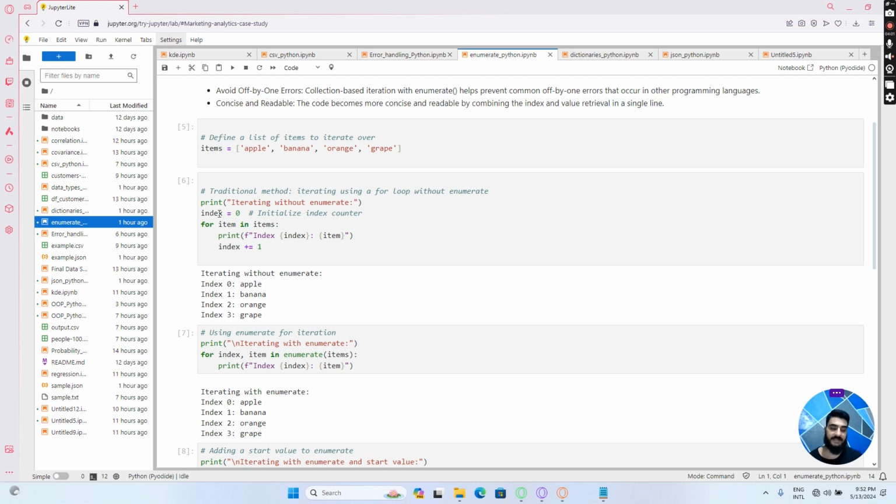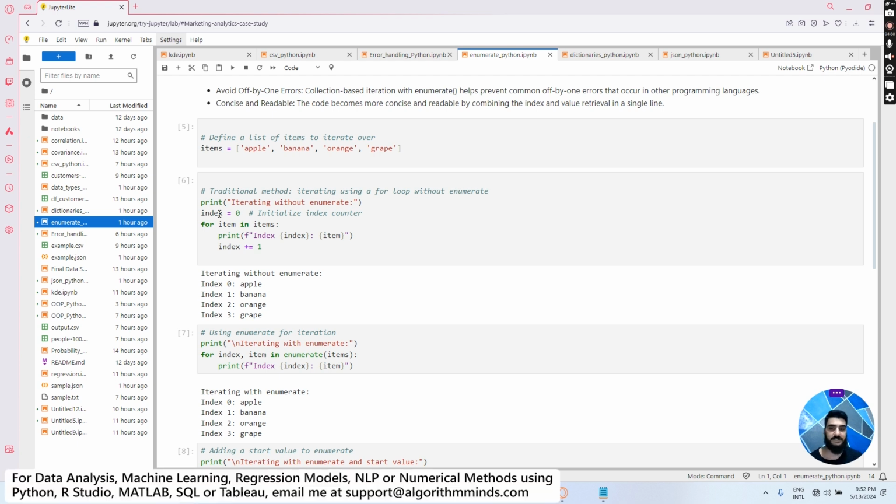After declaring the list in items, I'm going to first iterate over that list by using a simple for loop. In order to do that, we iterate over each item and print that value, but we are also going to write its index. Now you know that by definition a for loop will only iterate over elements. I mean, it will give you the first element, then the second element. It will not give you the index of that specific element. In order to get an index, we have to write an additional line of code